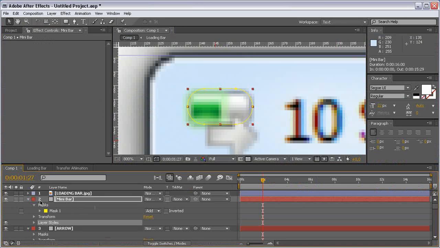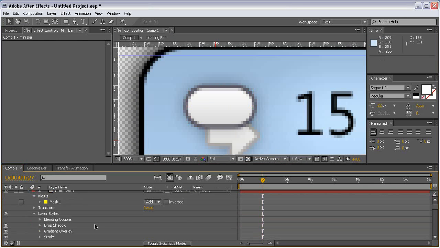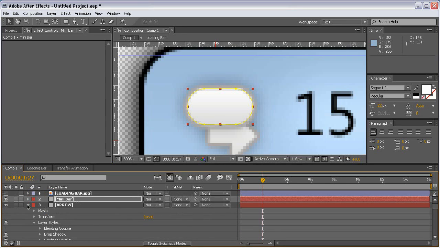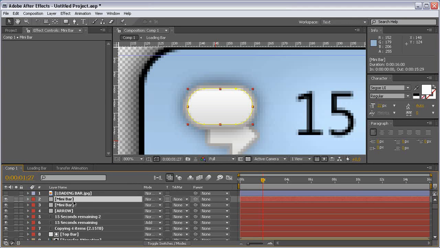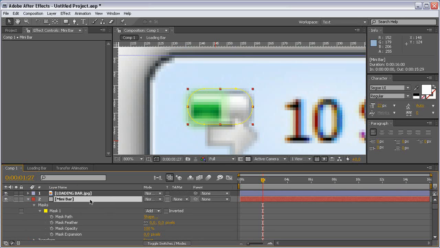Again, paste the same layer styles and change the stroke color to this color here. Duplicate this and remove the layer styles, and let's